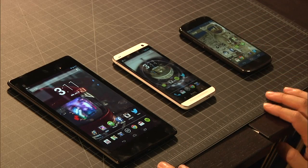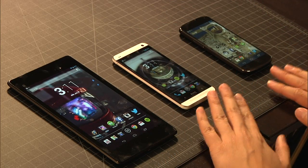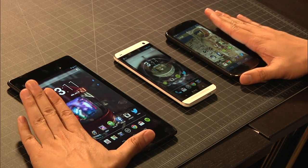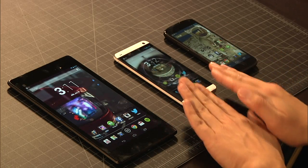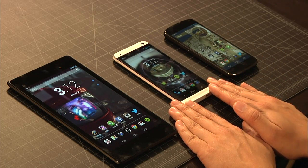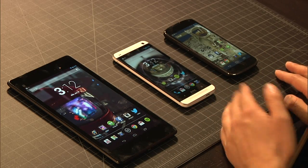Yeah, absolutely. Well, how about the speed of the processor? Okay, speed of the processor is a good place to go. Very important. On the Nexus 4 and actually on the Nexus 7, these both have Snapdragon S4s. Quad core. This has a quad-core Snapdragon S4, but it's 1.7 gigahertz, and they all have the same